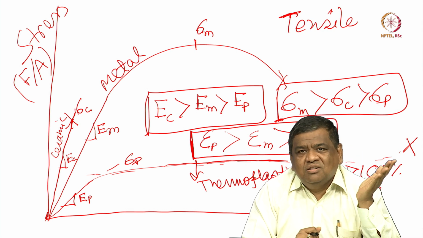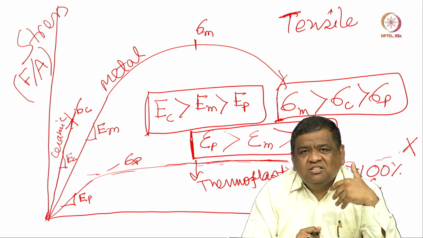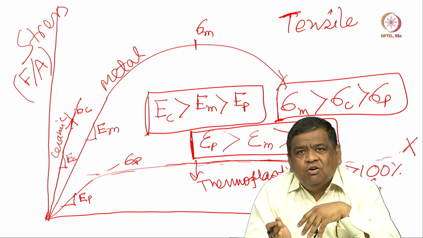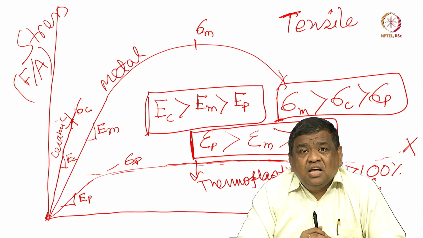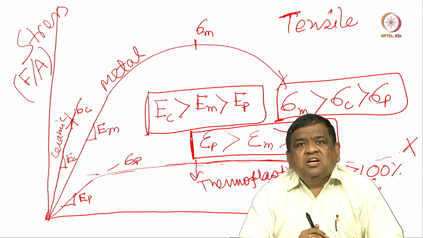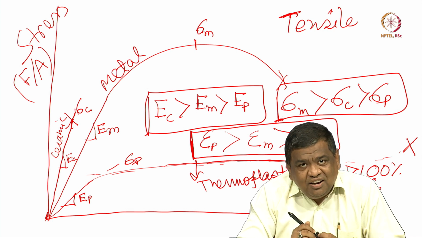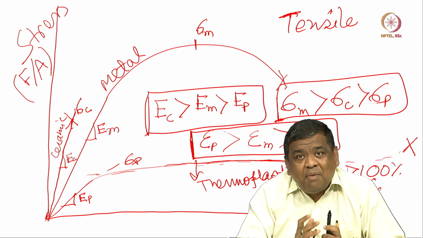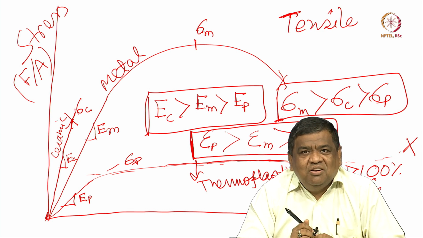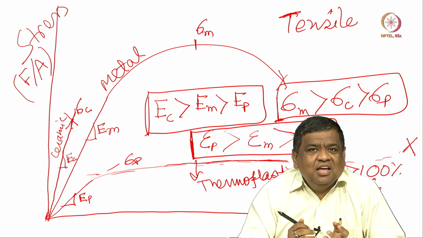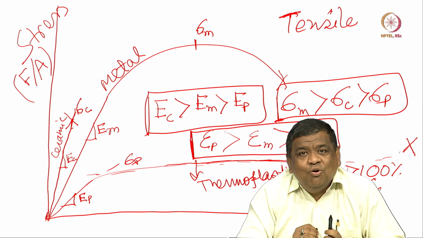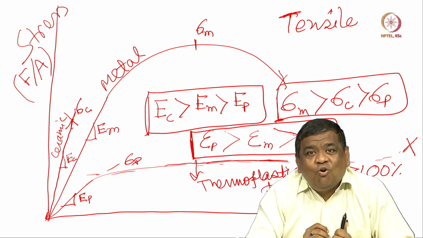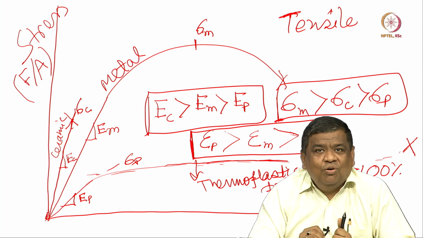Whether it is elastic modulus, ceramics is the best. In case of tensile strength, metals is the best. In case of strain to failure, polymers is the best. Strain to failure means the maximum deformation that the material can sustain without failure, and in that, I think polymer outperforms. However, their strength is very low, which means that deformation is possible only at low load. Okay?